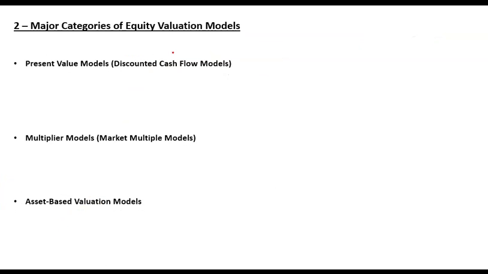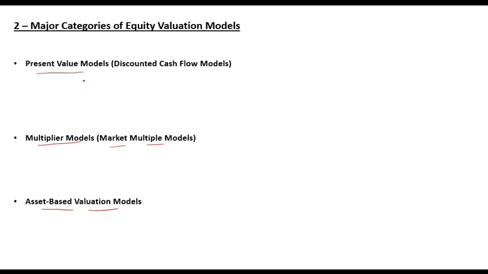So moving on, how do you perform valuation or how do we calculate that benefit? There are three different methods of valuation. All valuation methods can be categorized into three broad categories: present value models, multiplier models, and asset-based valuation models. Present value models are also known as discounted cash flow models. Multiplier models are also known as market multiple models, and asset-based valuation models are simply calculating the net assets